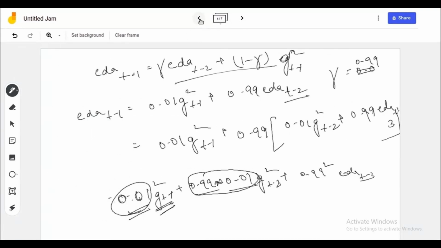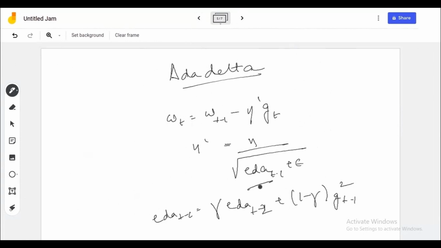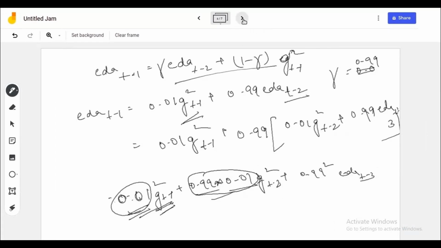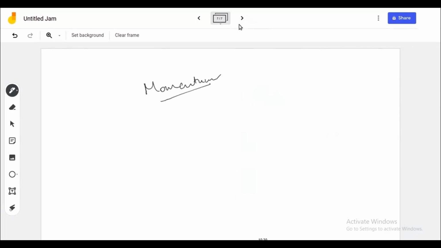We are not simply adding the squares of the gradients, we are giving them weightage. What happens is, our denominator term will not increase very fast. Since our denominator will not increase very fast, the eta dash, that is the learning rate, will not decrease very quickly, and hence we will not come across the problem that our weights will become equal and we will never be able to reach the minimum loss. So that will not be a problem.